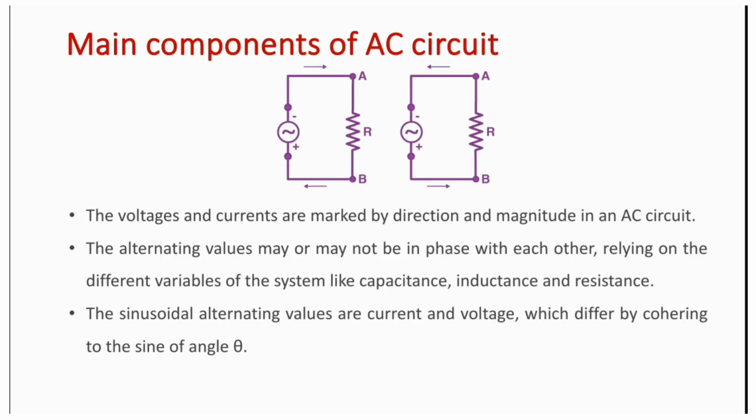The voltage and currents in an AC circuit are marked by direction and magnitude. The alternating values may or may not be in phase with each other, depending on different variables of the system like capacitance, inductance and resistance. In an alternating circuit, both voltage and current have a waveform. There is a relation between voltage and current,